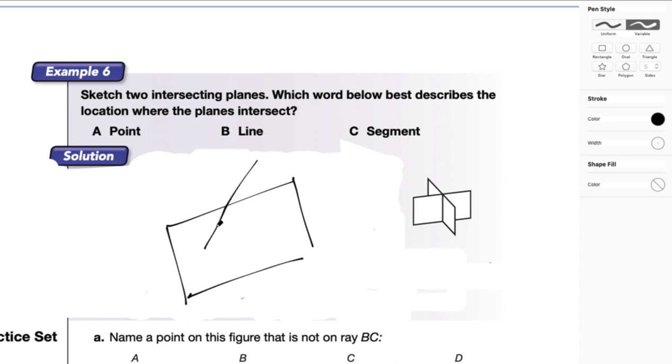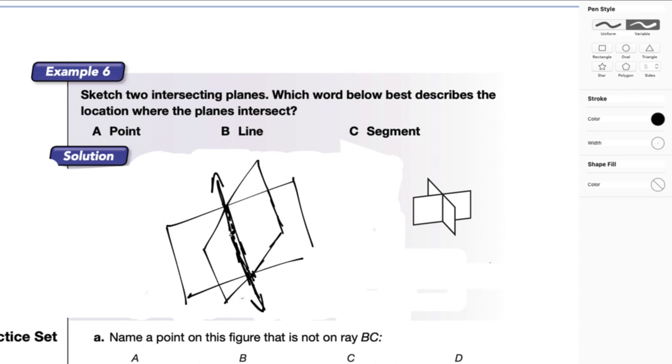But if you think about two planes that are intersecting, it will do something like this. I know we already have the picture, but I'm going to do this. And you're kind of thinking about this plane as the intersection. This is what a picture would look like for me. And so these intersecting planes actually intersect, because the planes extend forever and ever in either direction, they intersect in